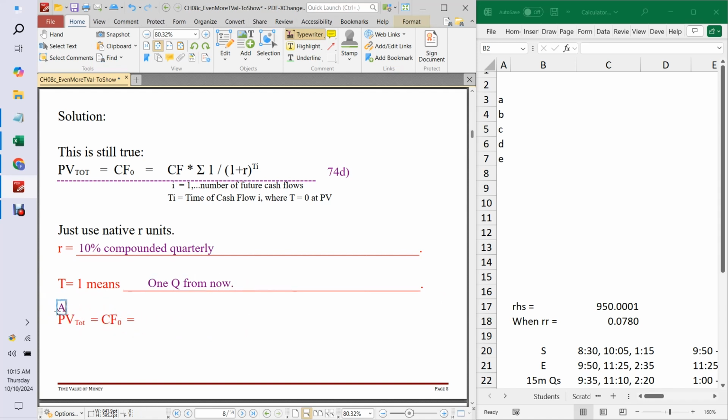And now let's apply 74D. And that's going to give us our CF0, which we know is 30. And I'm just going to expand out this summation notation, putting in everything I know. CF, I don't know CF, that's what I'm solving for, times, what do we got here? We've got 1 over 1.1, that'll be the first payment, plus 1 over 1.1 squared. That'll be the second payment, discounting that back by 2 periods, plus 1 over 1.1 cubed, discounting that back by 3 periods for that third payment. And that leads us to CF is equal to